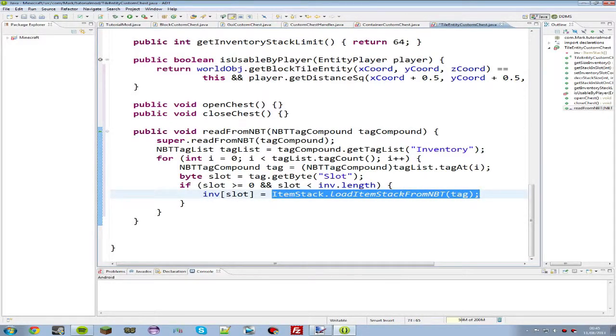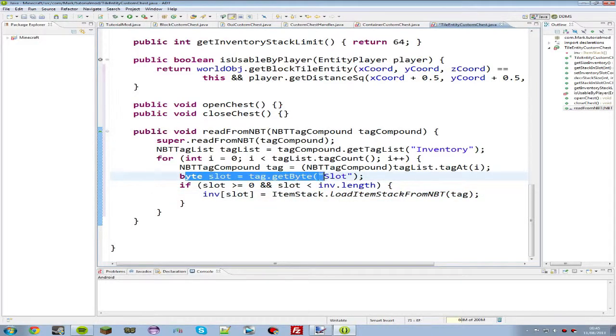So it's the tag that's inside here, and the slot is the number of the slot that this should go into. Okay, and that's us for the readFromNBT method. So that will take the NBT tag compound that's stored, and it will generate your inventory from that. Now what we need to do is we need to say, well, hey, I need to write to this,